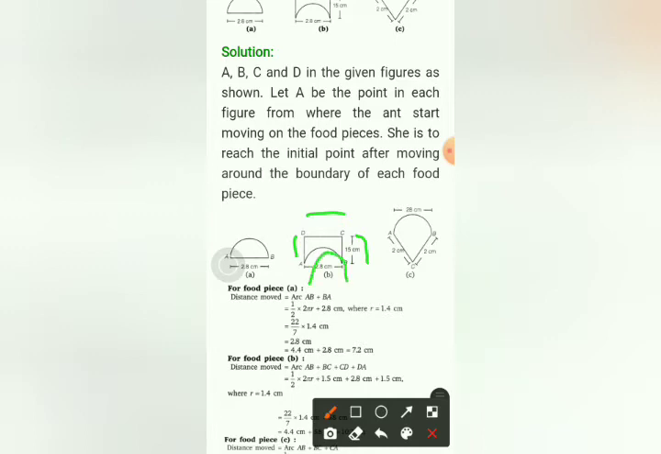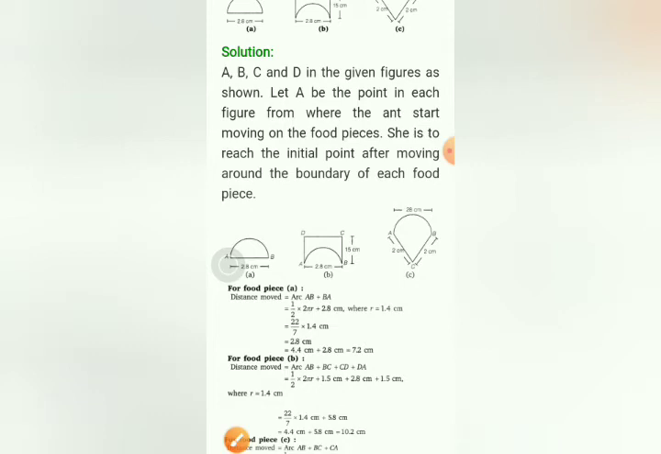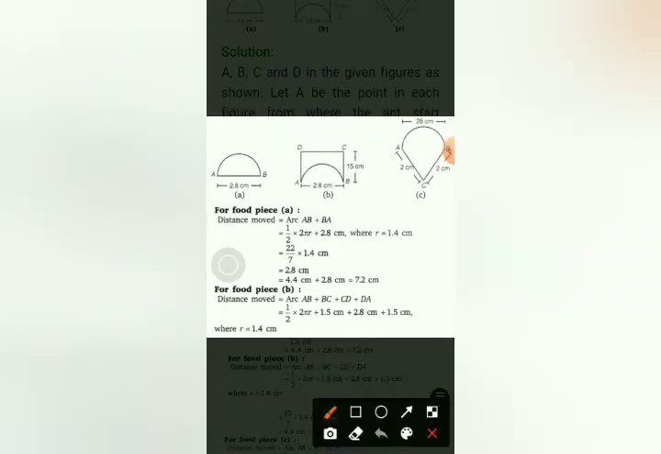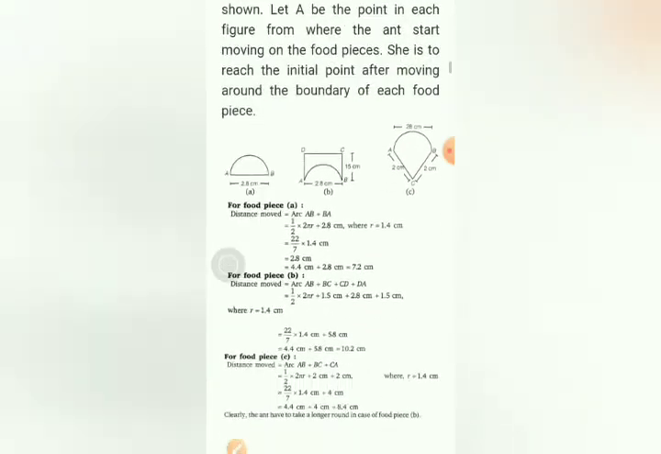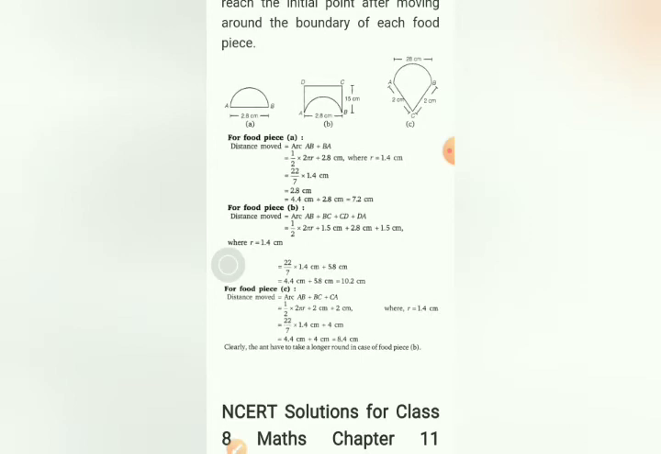So if we add all, the ant will move from point A, travel to B, then C, D, and then come back to A. So the total distance will be the perimeter of that object. So it is half of 2 pi r plus BC plus CD plus DA. When we add all this, we get the answer as 10.2 centimeters. Similarly, we'll do that for